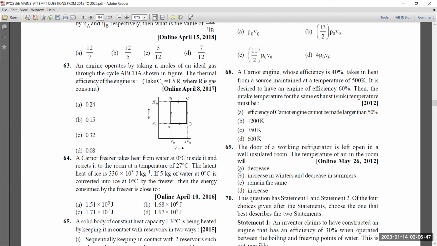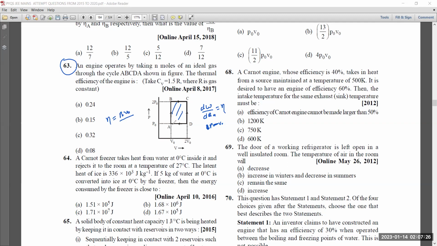Also, this is the last question. Let me solve this. Which question did I give? 63, right? An engine operates by taking moles of gas through this cycle, and the efficiency is given. So efficiency is defined as work upon heat absorbed, right? Now work is the area under the curve. This is how much? 2P naught minus P naught, times V naught. So this is P naught V naught. That's it. So P naught V naught upon